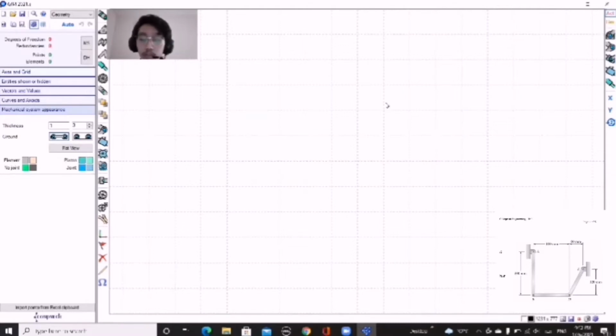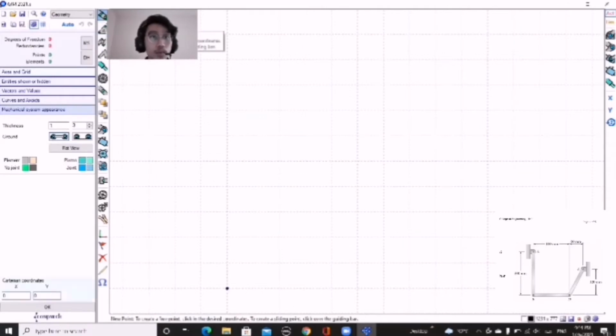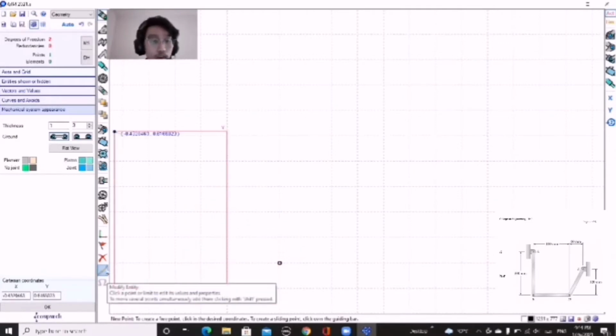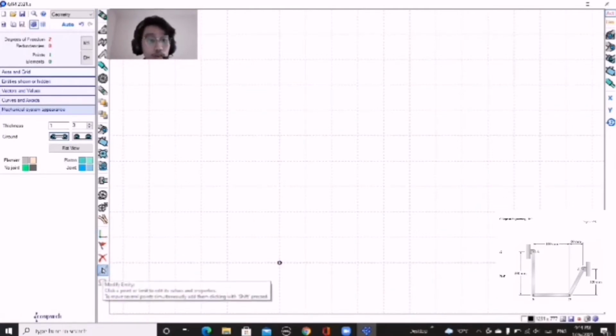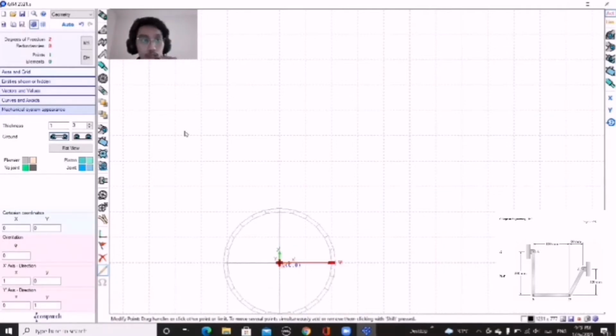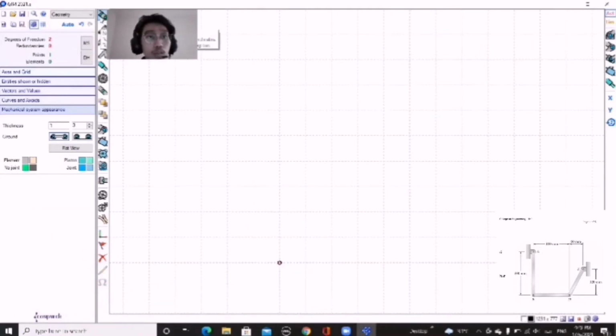So for today, I will show the steps to create the design that our group chose. Without further ado, let's start the task. For the first point, we will take a new point. We just put it anywhere, and then we click on new origin to make it 0. As you can see, when we click modify entity, all of the coordinates start to become 0. So this is the origin, our new origin. So we can continue with the next point.